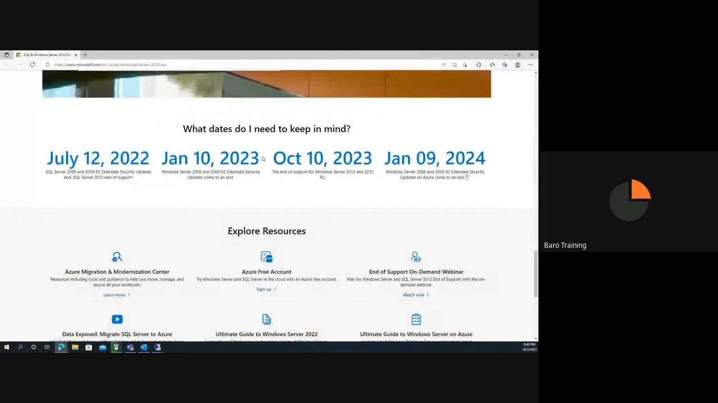I think what do I need to keep in mind? SQL Server 2008 extended security update. So now, for example, SQL Server 2008 and 2008 R2, Microsoft still doesn't support them. But if you move your data to Azure, since there is a benefit, Microsoft gives security updates. But they're not supported. January 10, 2030, this is when the extended security update for both ends. I think SQL Server 2012 and